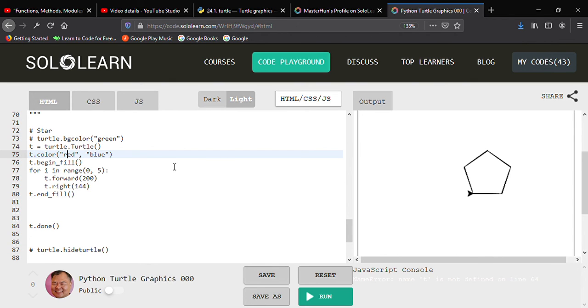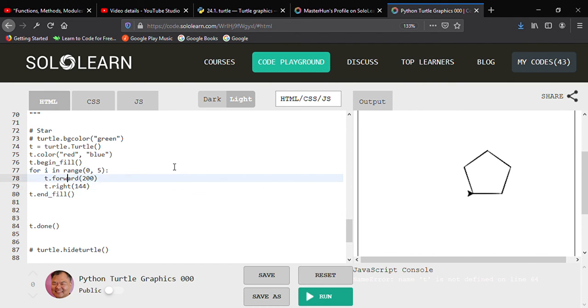With the color method, we can take our turtle and make the turtle draw a line in red here, right? If you can see this. Red. And then inside, we're going to fill it with the color blue. And we have to use these begin_fill and end_fill methods to get it to actually fill in the